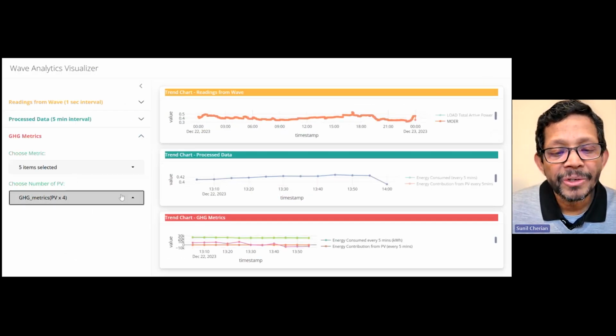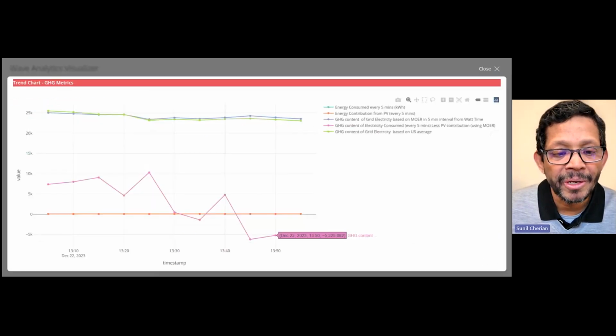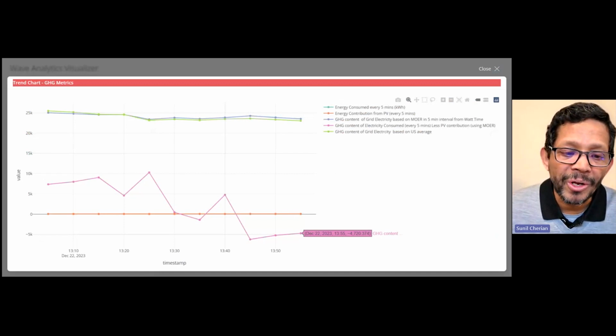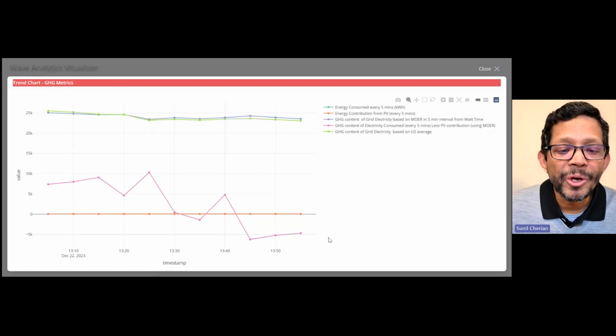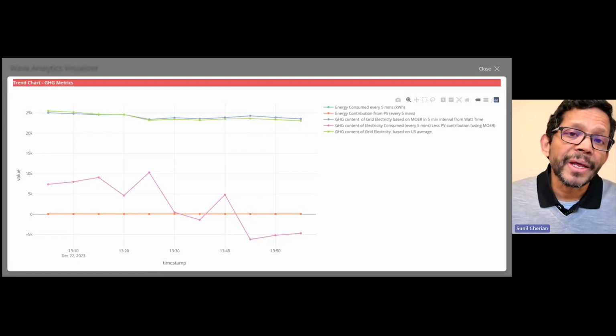Same calculation. You have more PV now, and we're going to look at that. And now you can start to see something much more interesting. So now you see that that line is actually crossing the zero line there. What that means is that you have excess production that you can actually consume. So you have set the line there, and crossing that zero line is when you're actually hitting net zero. And in fact, on the far right of this thing, you're actually net positive because you have more production than